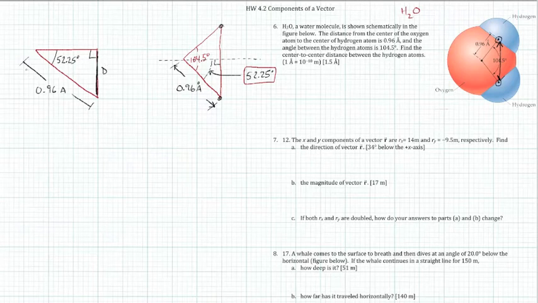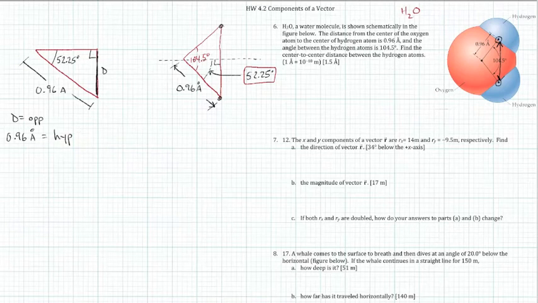We know this angle and we know this hypotenuse right here. So with respect to this angle, this side D is opposite. So D equals the opposite. And you could call it whatever you want, D, H, F, X, whatever. But I'm just calling it D. So that's the opposite side. And of course, with respect to this angle right here, 0.96 angstroms, oops, not degrees, angstroms, equals our hypotenuse,